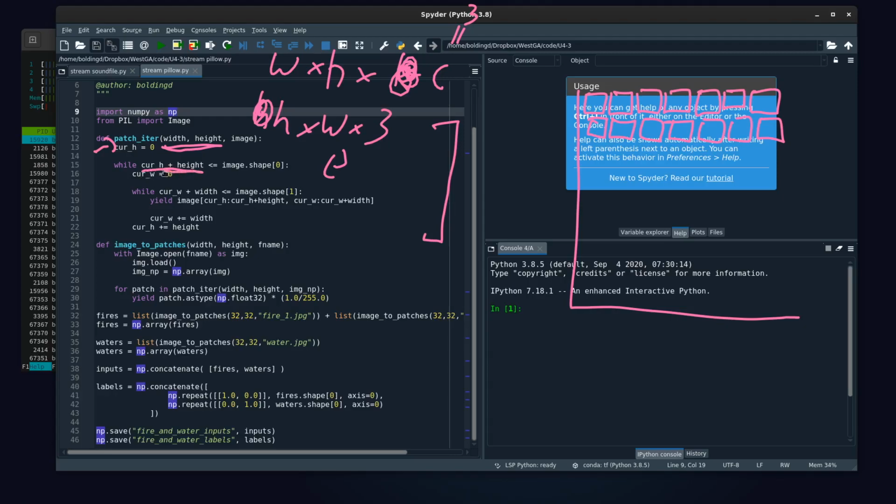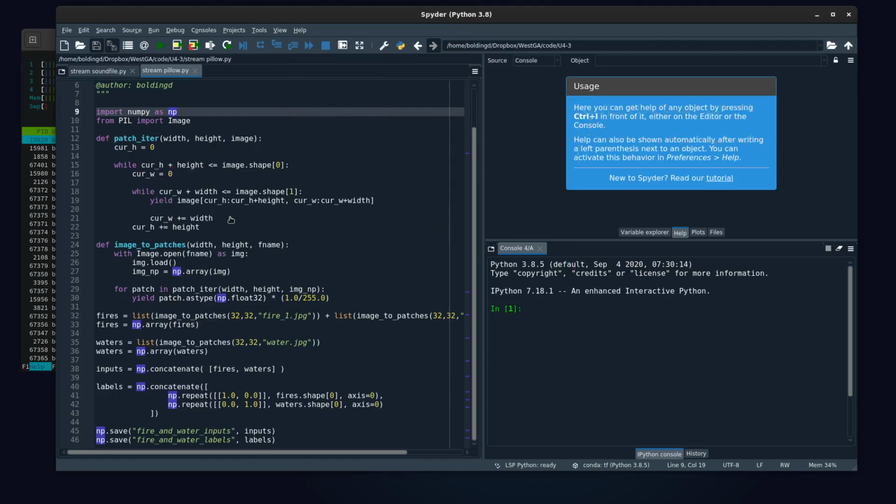So anyway, I've got my current height, and analogously to before, while there is enough image left to make a full tile, while my current height plus the height of a tile is less than the height of the image, I am going to break that row into tiles. So I start with my current W position at 0, and then, while there is enough of my row left to make a complete tile,